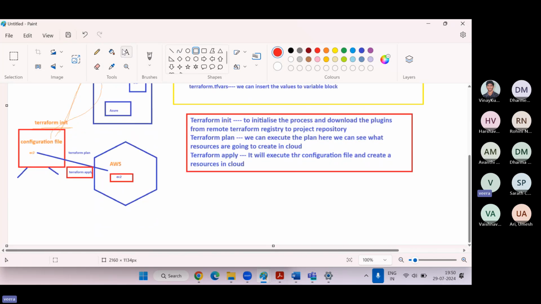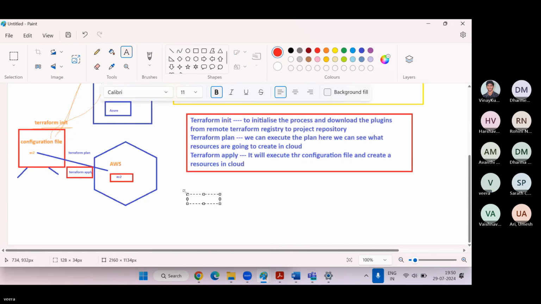And here, a very important thing is the prerequisites. AWS CLI: we have to install AWS CLI on your local machine, so that you are able to create resources from the command line interface. We execute CLI commands from the local machine, right? Once we configure the access key and secret key, only then are we able to execute.